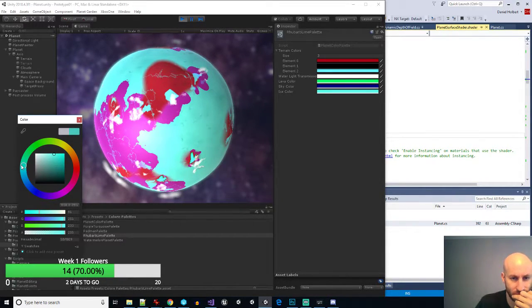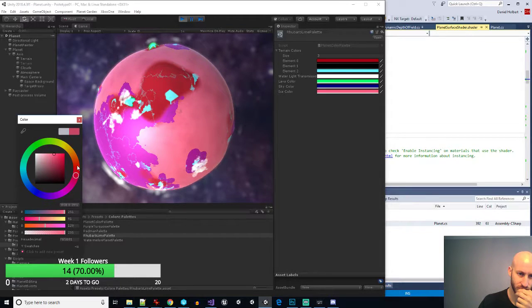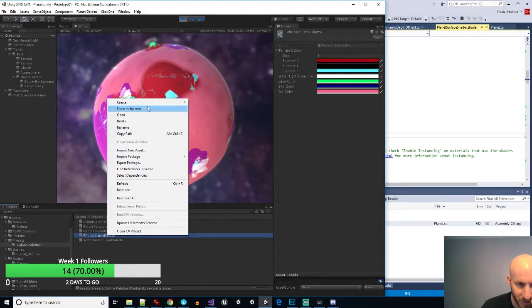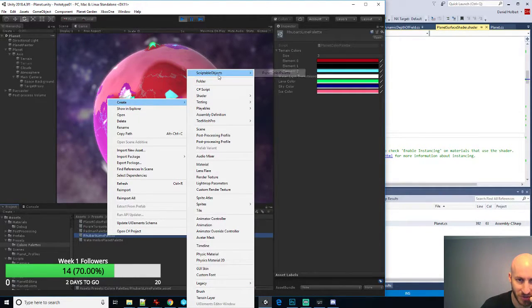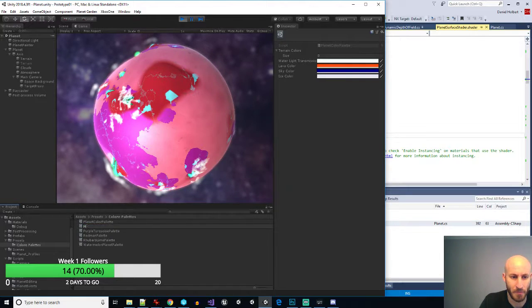The contrast is striking. I want to create a copy of this. I wish there was a duplicate. I don't think there's a duplicate. I just have to reset all the values. And I'll call this Madness